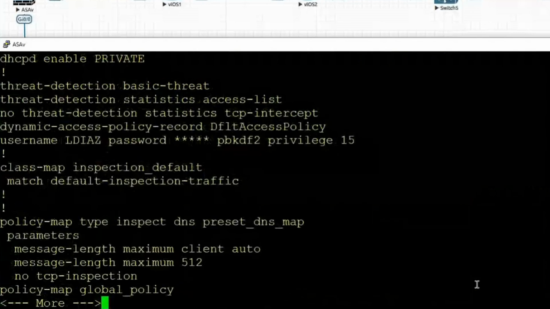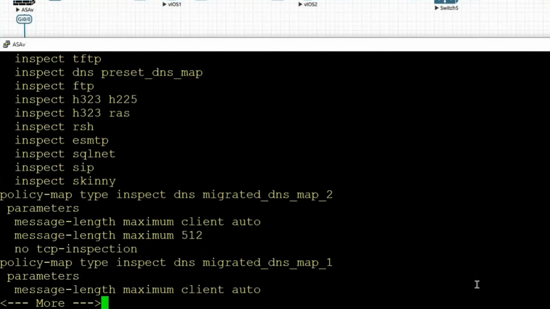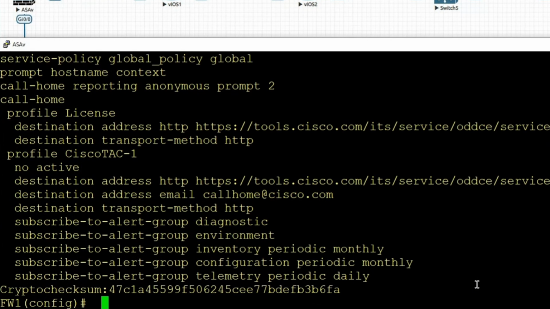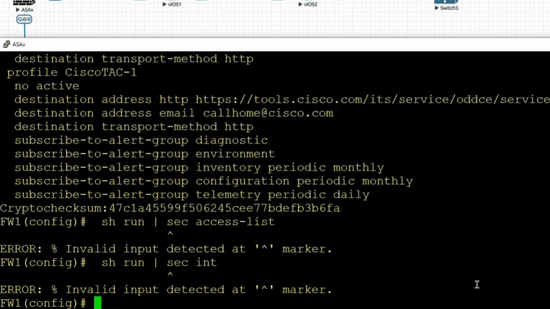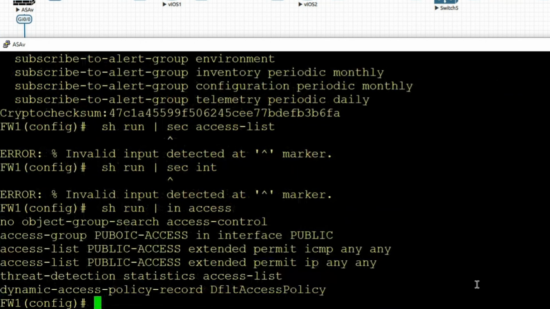And there's policies already in there. All right, can I do a lowercase show run pipe section access-list? Nope. Interface? Nope. Include access. Try that. There you go.